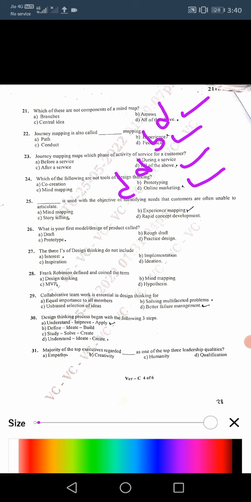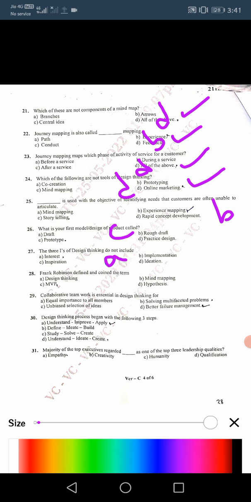Next, 25. Dash is used with the objective of identifying needs the customers are often unable to articulate. Experience mapping, 25th B. 26. What is your first model of a product called? It is called a prototype, that is C. 27. The 3 I's of design thinking do not include implementation; inspiration, ideation, and interest are included, so A